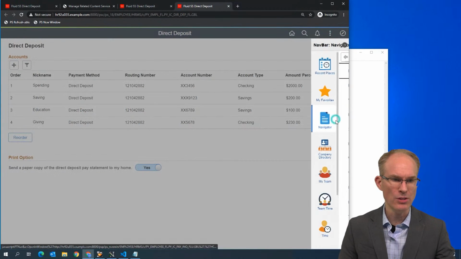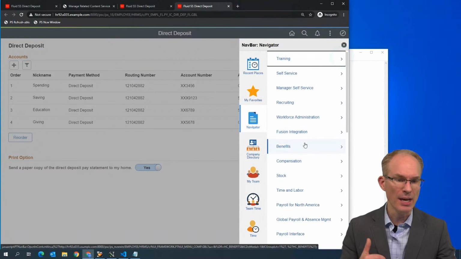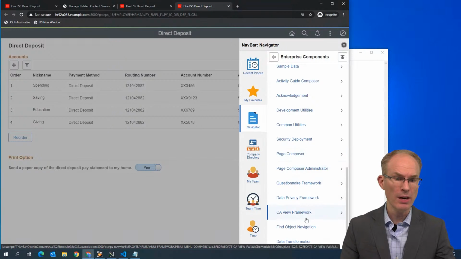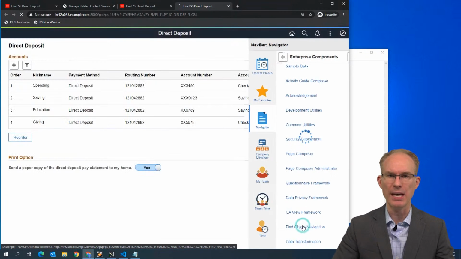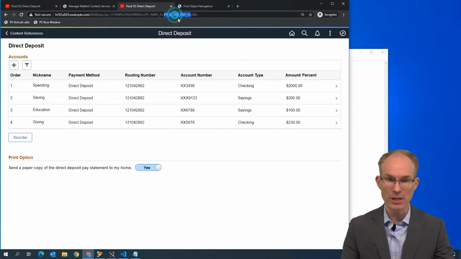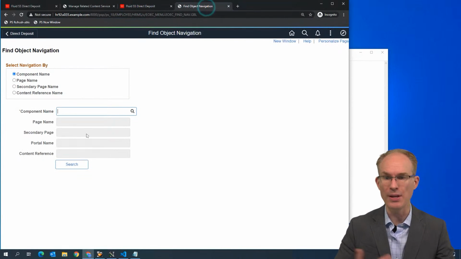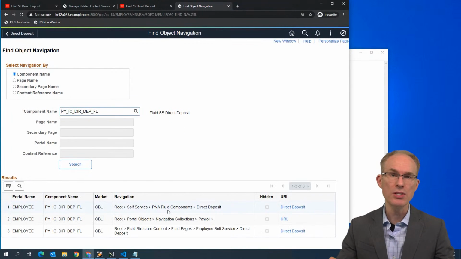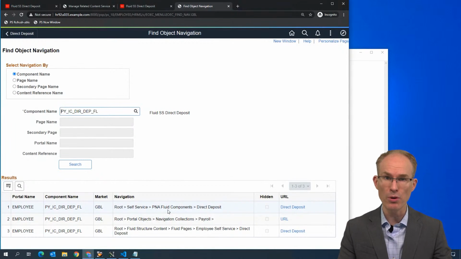I'm going to navigate into, this is not PeopleTools this time. It's Enterprise Components. It's a new tool, but it's in Enterprise Components. Down here at the very bottom, you'll find Object Navigation. So what we do is we give it a component name. Let's grab the component name. I'm going to cheat, grab it from the URL. That's not usually a good idea, but I know it'll work this time. Put in the component name, press the search button, and it'll tell me the navigation within the portal registry to